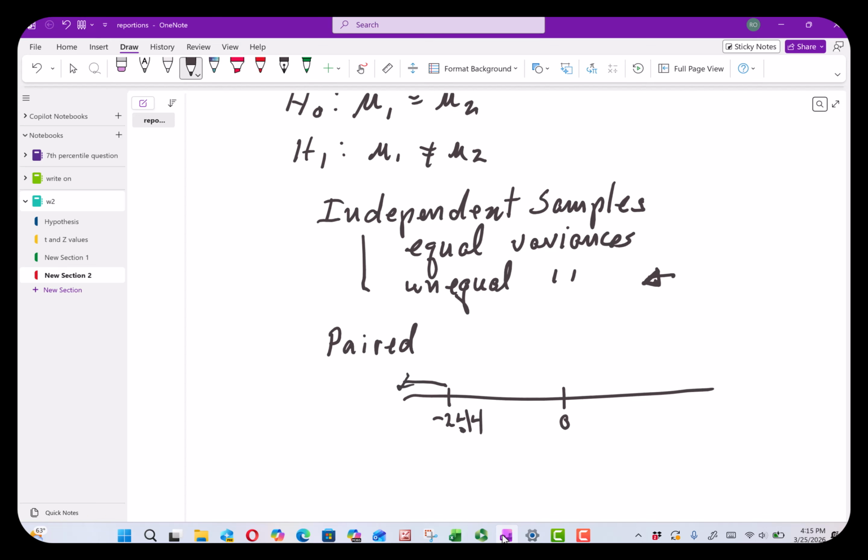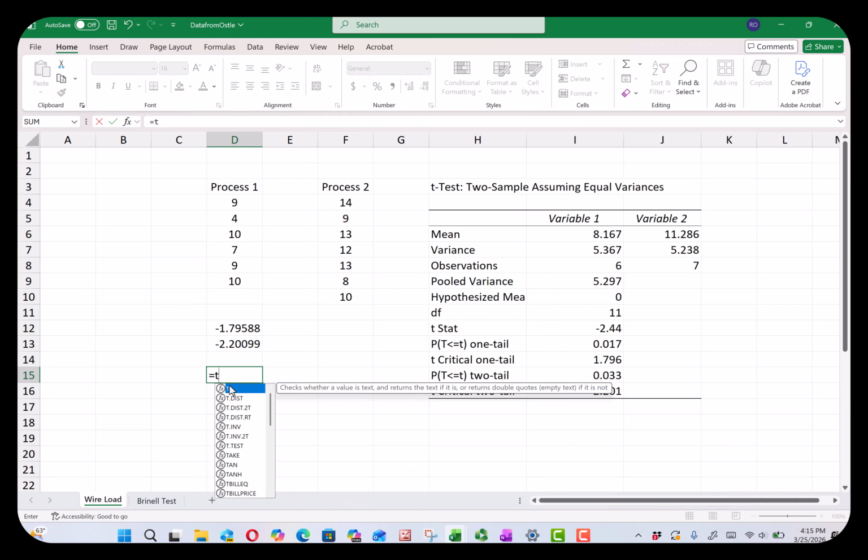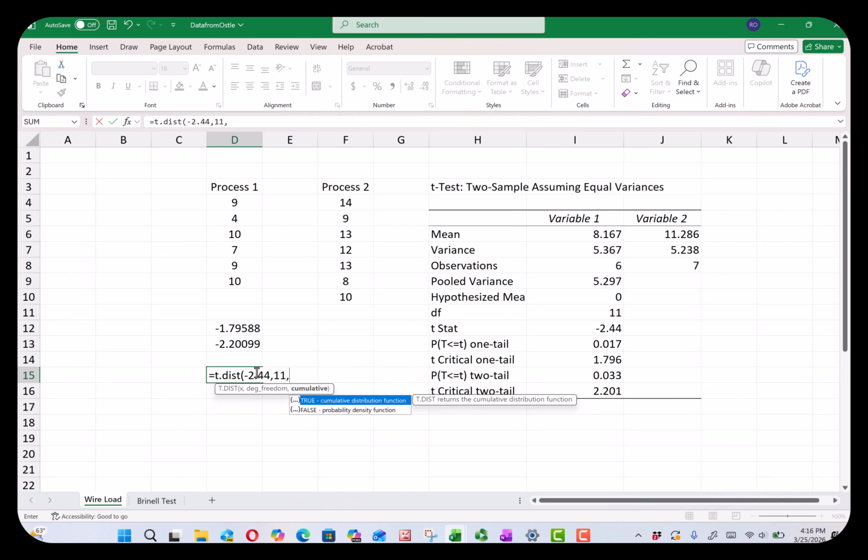If you go into t.dist in Excel, equals t.dist, we get minus 2.44 with 11 degrees of freedom, and we need to put in cumulative, put a 1 on the end,